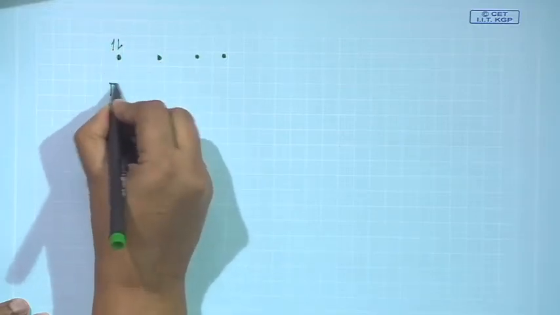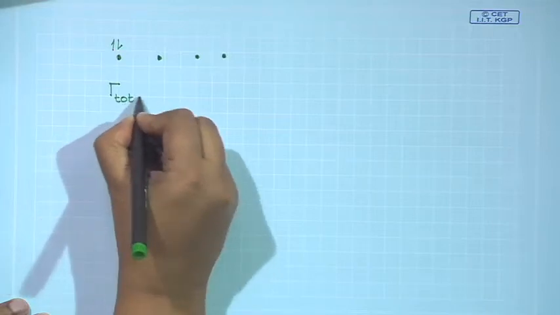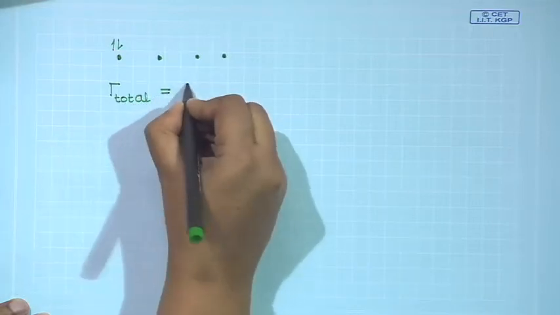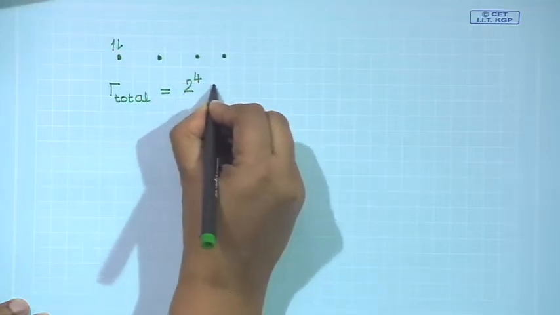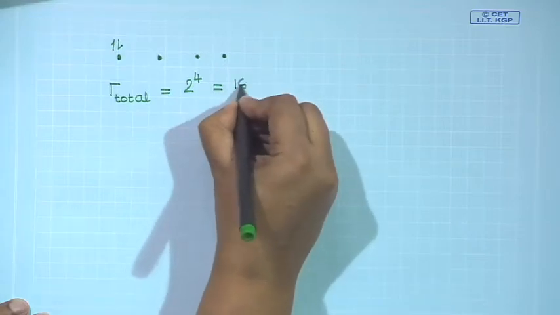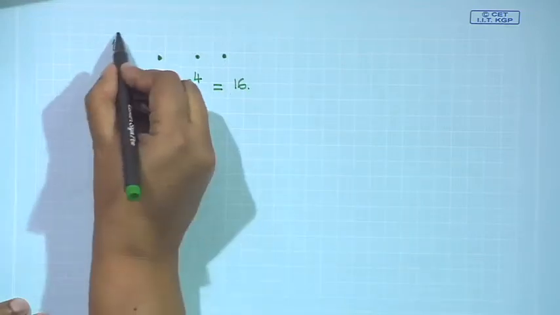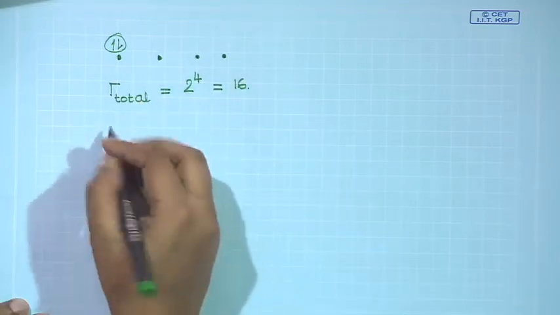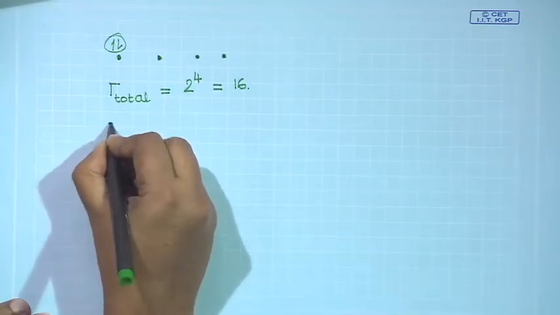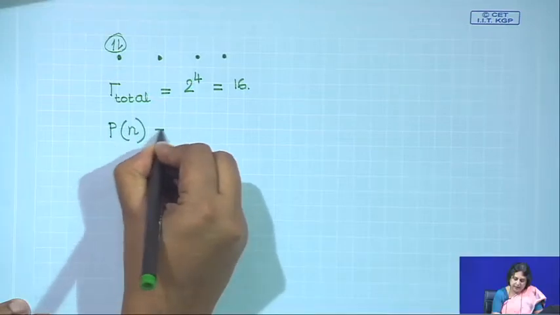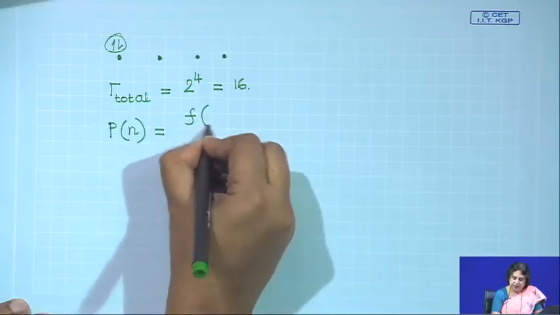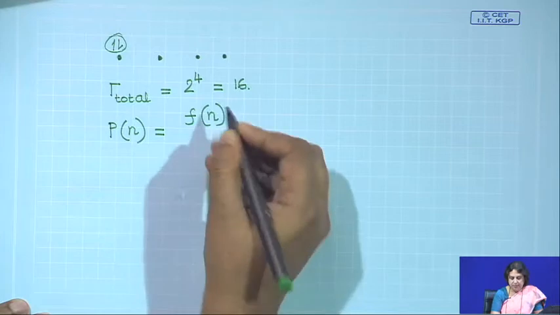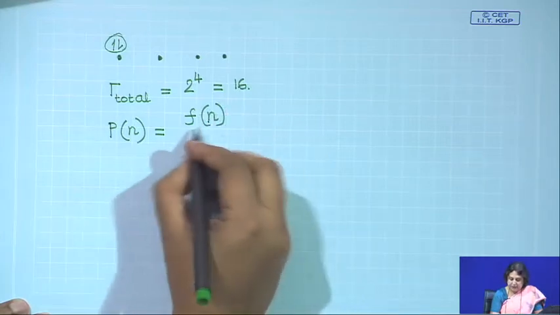So, what is gamma total? The gamma total will be given by 2 to the power of 4, and that is 16. So, what is the probability of observing one particular event? That probability P n will be given by the number of times you have observed the n up spins